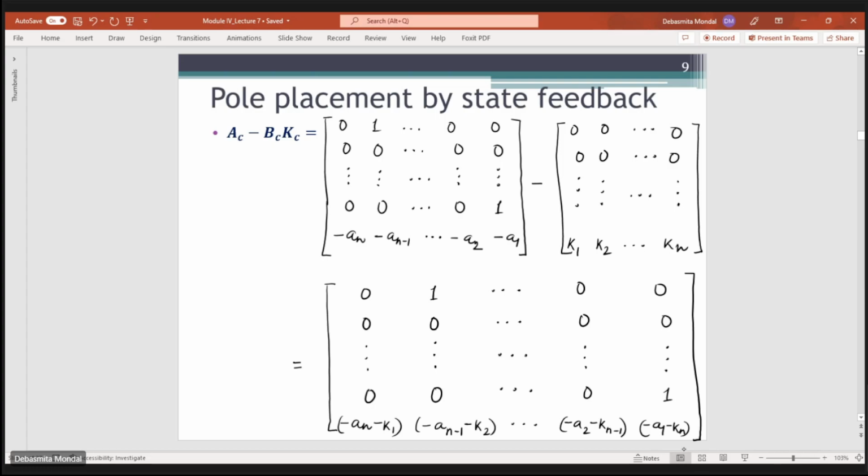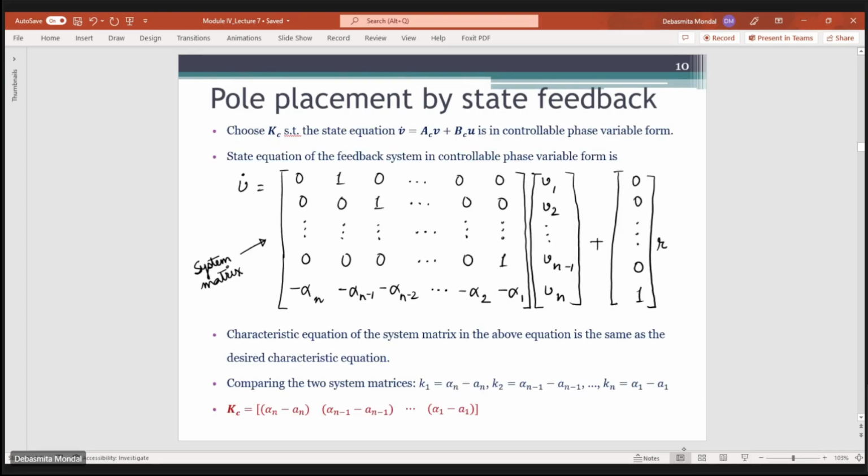Okay, so this is the phase variable form, or the controllable form, of the state equation. Now our main aim is that we have to choose the value of Kc such that the state equation, which is given by v dot equals Ac v plus Bc into u,